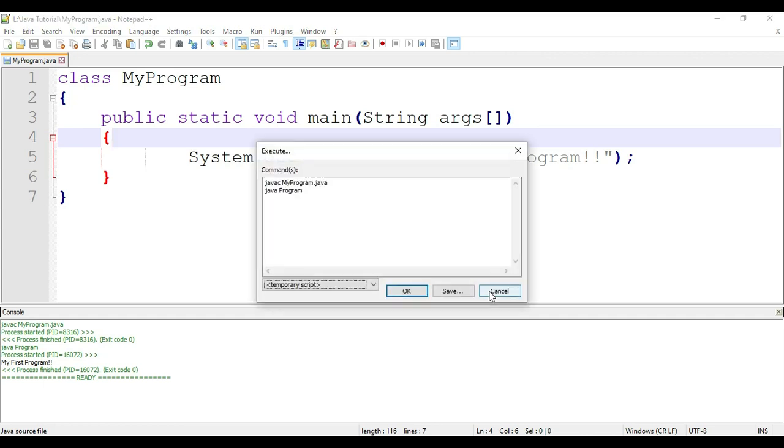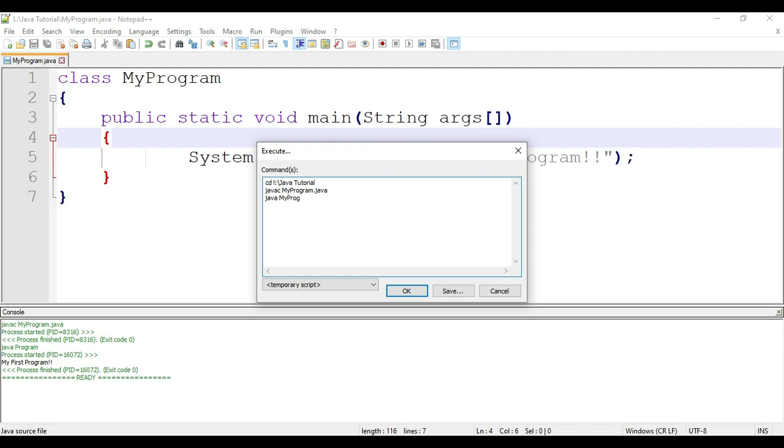So again I'm pressing F6 and then I need to change directory. For that I'm typing the command cd, and whatever is my directory I'm going to type that directory. Java tutorial is my directory name where I have saved my program. And then next, to compile your program you need to give the name of your file, that is myprogram.java, and then to run your program you need to type java and again the class name.